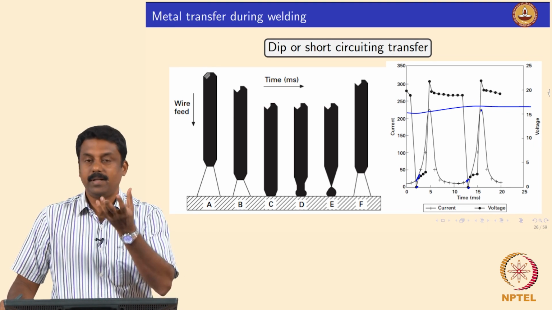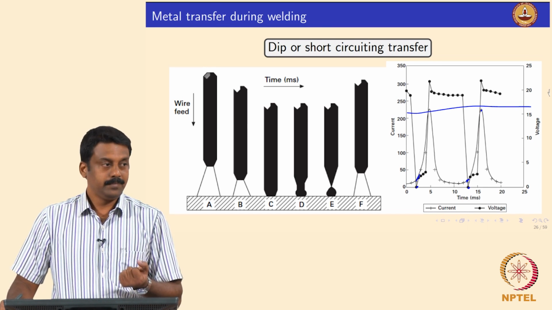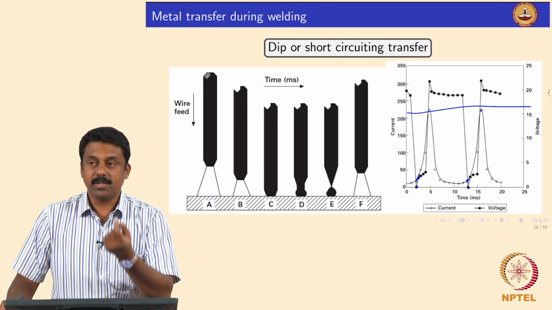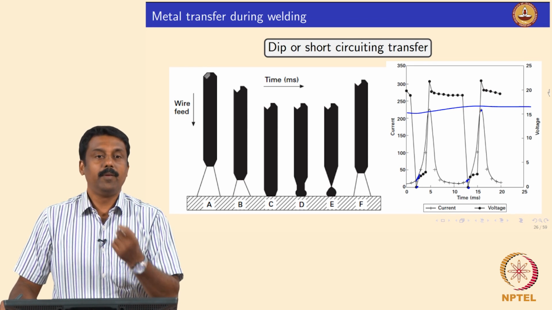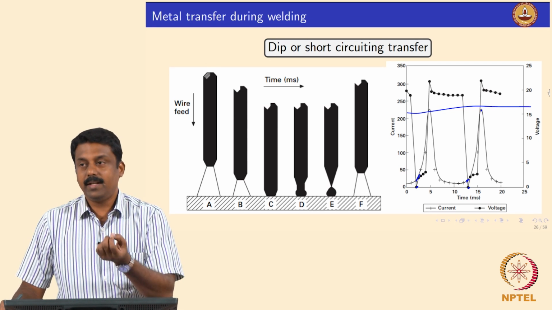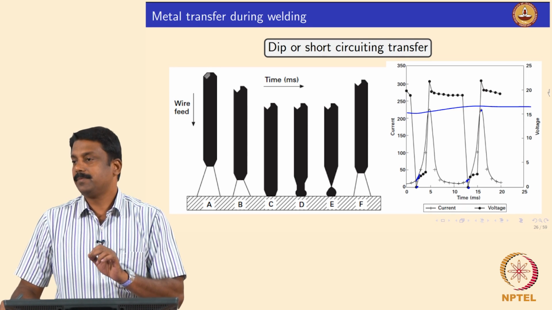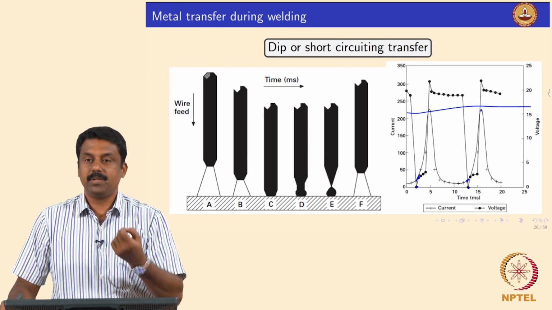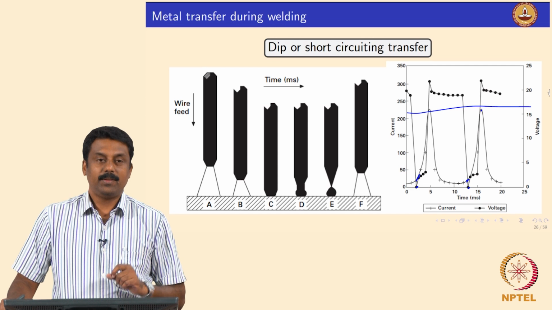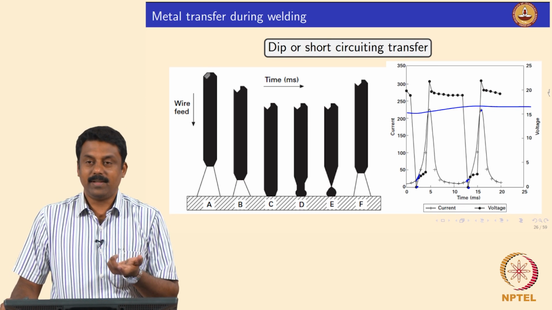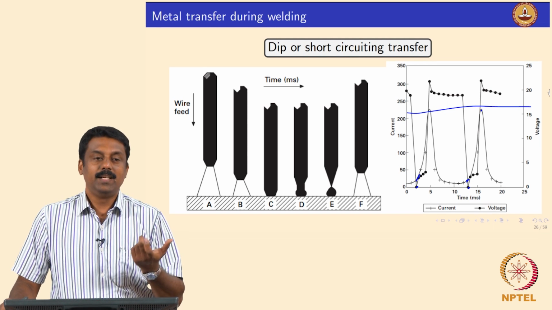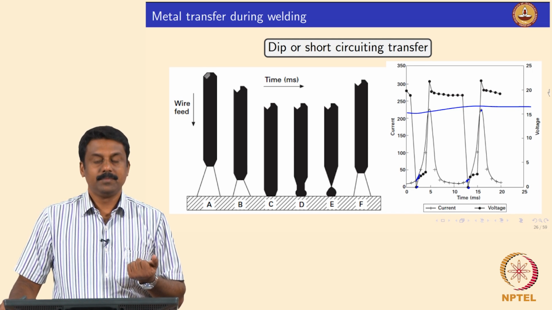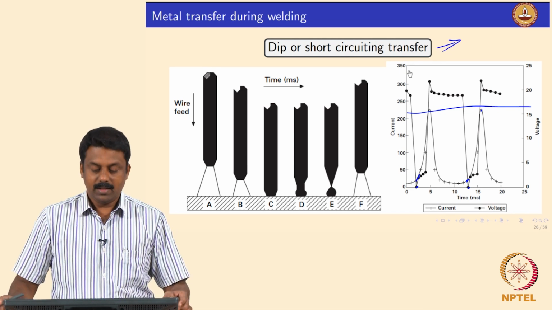So the droplet is transferred as a superheated liquid in free flight transfer, whereas in the short circuiting transfer, when a droplet is transferred, we also switch off the current. So when the droplet is transferred, you transfer it close to the melting point of the droplet. The way you are dipping it, the droplet temperature and melting temperature become more or less the same. That is why this process is also known as cold metal transfer, because the droplet temperature is much lower than in a conventional droplet transfer. Yes, it is clear. So this is known as controlled dip short circuiting transfer.